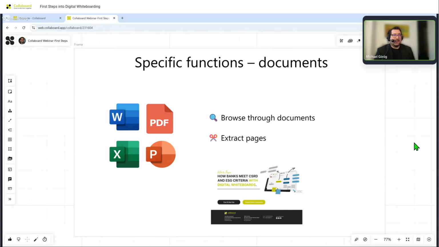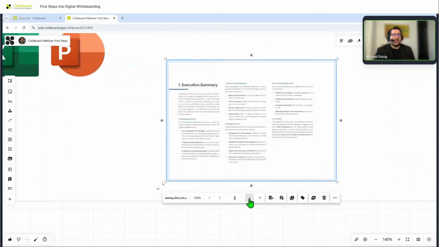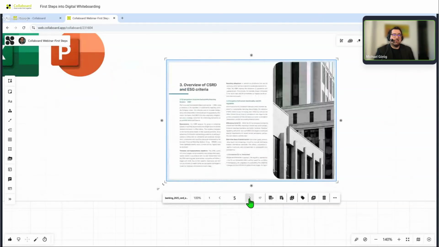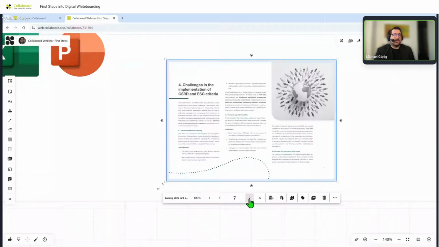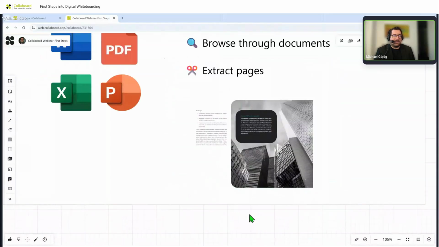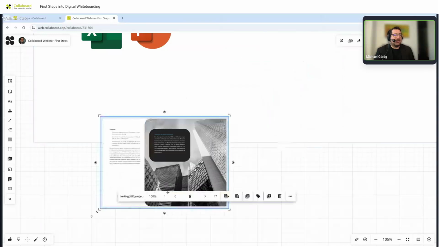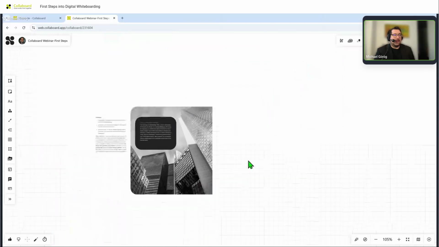So here we see a document which I uploaded to Collaboard. Again, the toolbar is slightly different. One thing we can do is browse through the different pages of that document, which is already quite cool. So we can view the content of the document directly on the whiteboard. On the other hand, when we really want to do something with them, maybe we want to optimize a flyer, or we need to analyze some content directly from this document,